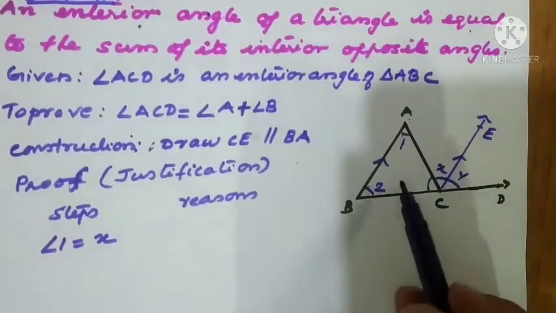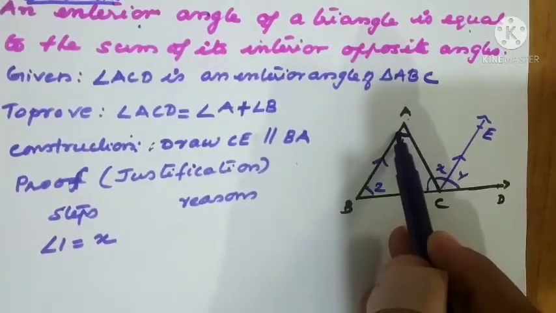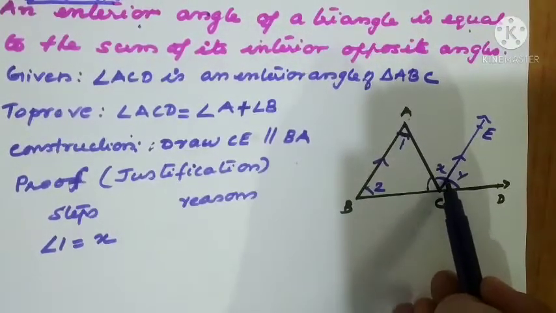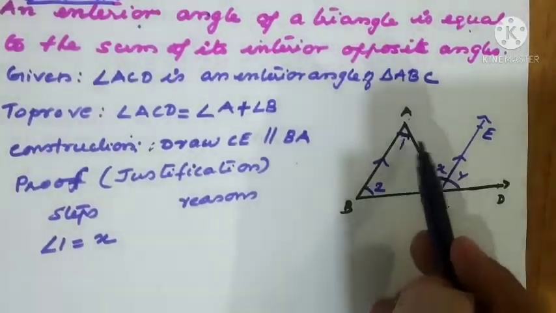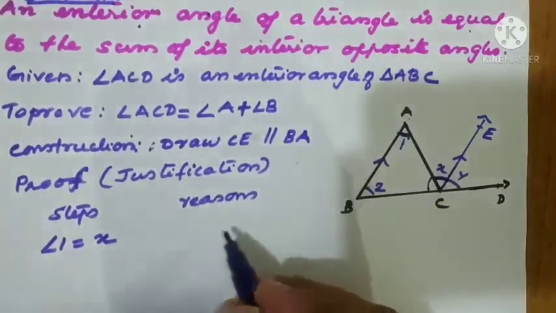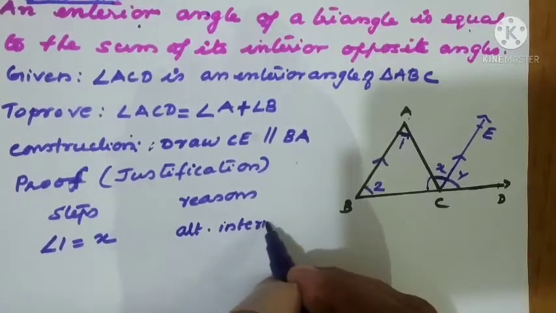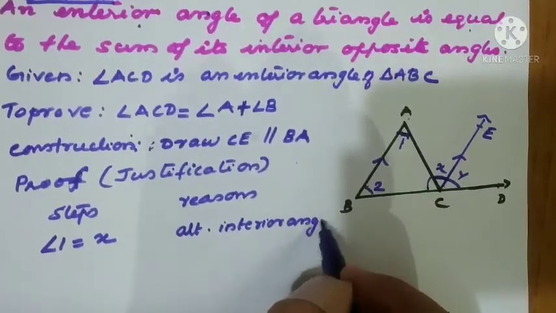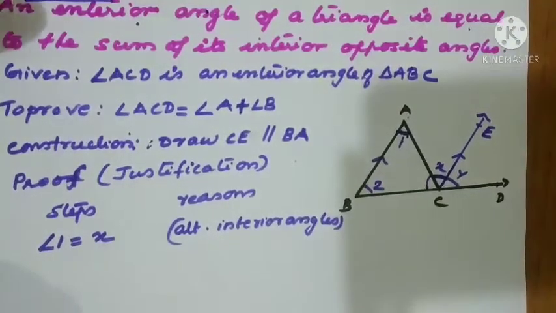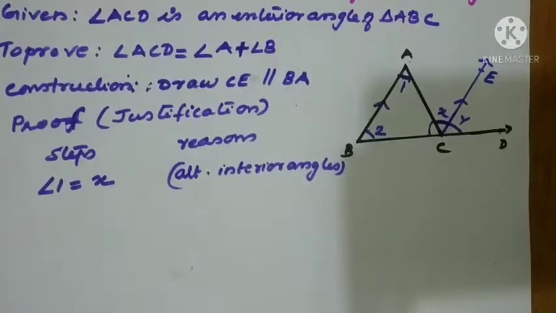Another thing is that when we draw the parallel line, angle 1 is formed from the line and transversal, and here also the line is CE, and from the line and transversal we are getting X. So either side of the line we are getting it. So angle 1 equal to angle X, that is alternate interior angles. Anybody who finds it difficult to identify the angles, I already gave a hint: the shape of the letter we are getting can be used. Now we got that angle 1 equals angle X.